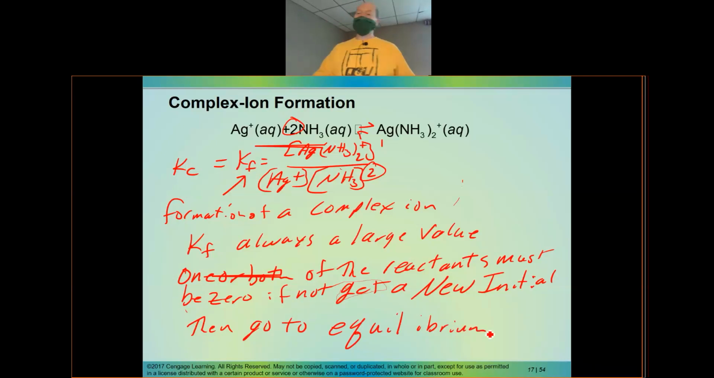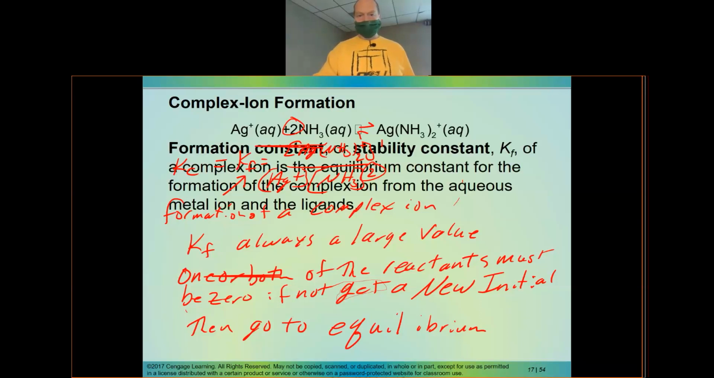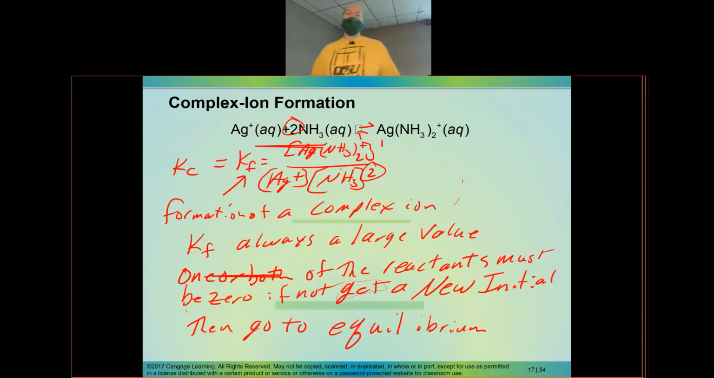So at equilibrium, one of them is going to go to 0, but it's not going to be 0. It's going to be some small value. So we go to equilibrium to calculate the small value for that concentration. If you prefer to work with small numbers, what you're going to have to do is reverse the